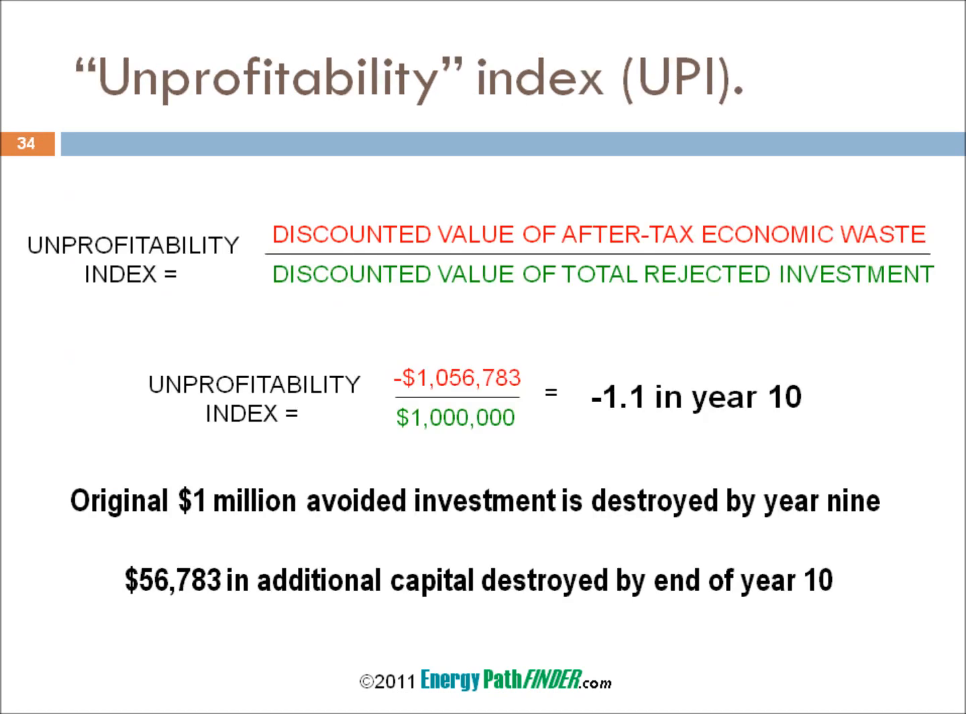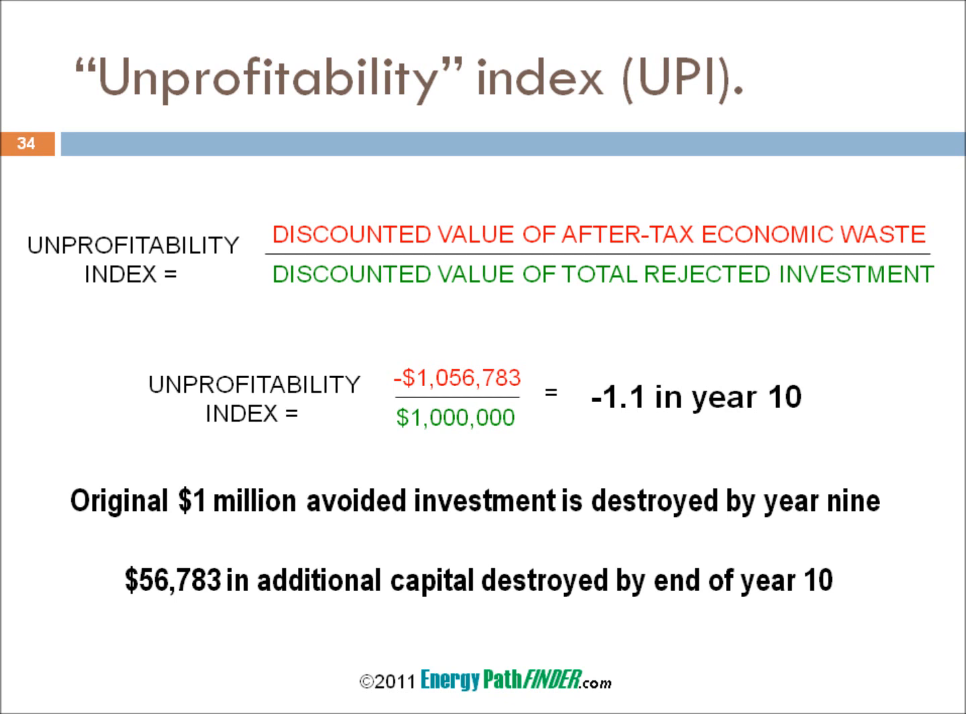You now have an unprofitability index, the inverse of a profitability index, because you're now comparing the negative value of energy waste to a total rejected investment amount. In this case, your benefit is the $1 million investment capital that is retained in lieu of the proposed investment. Unfortunately, the negative discounted cash outflow accumulates to an amount equal to the $1 million investment by year